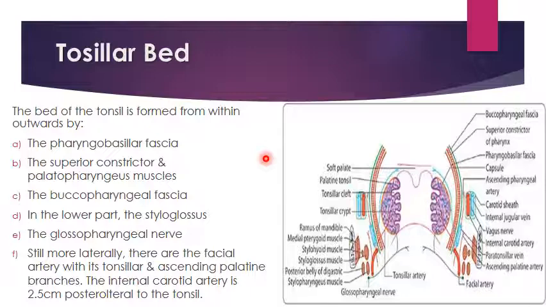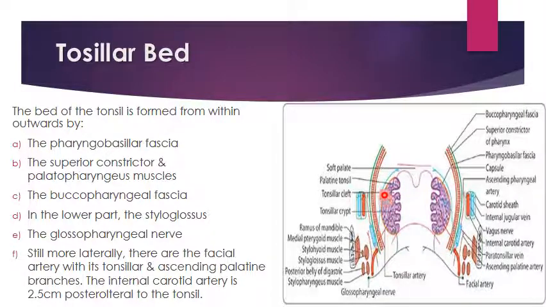Tonsillar bed. Structures related to the lateral surface of the palatine tonsil form the tonsillar bed, and it is formed from within outwards by these structures. Now look at this diagram. Here you can see the lateral surface of the palatine tonsil, which is covered by the hemicapsule of the tonsil,